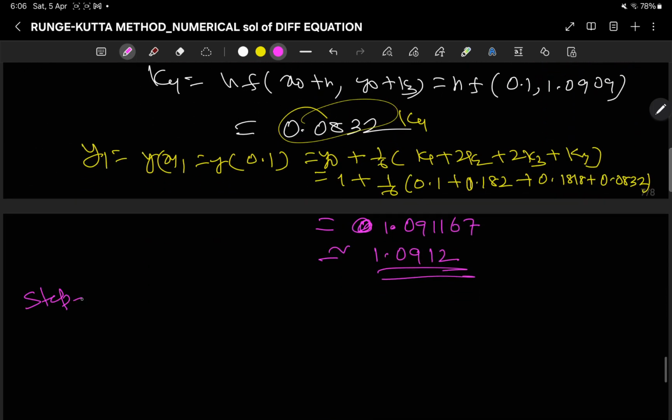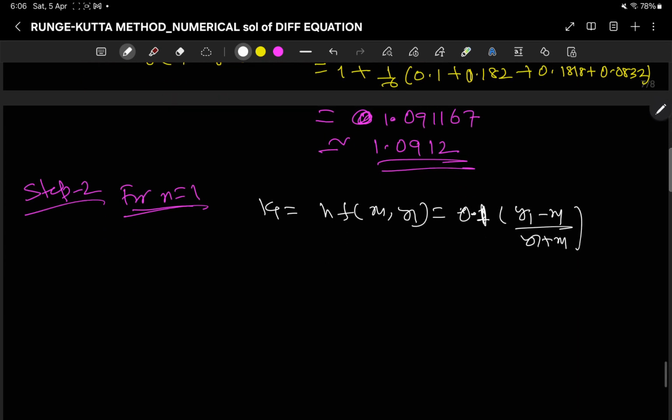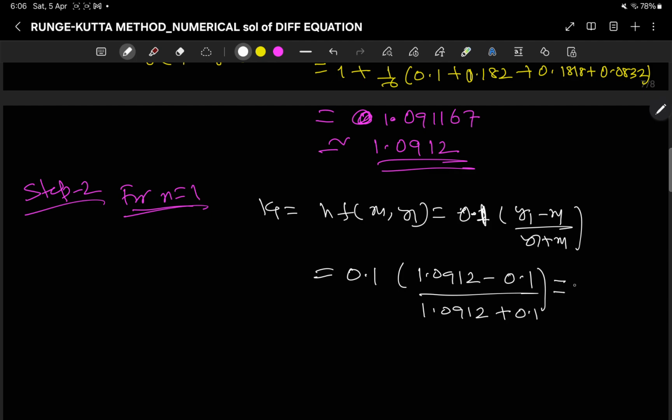Now coming to step 2, for n is equal to 1. Okay. What is your k1? k1 is h f(x1, y1). So this is equal to h, which is 0.1, into (y1 minus x1) by (y1 plus x1). If you substitute it, it is 0.1. Your y1 is 1.0912, minus x1 is 0.1, divided by 1.0912 plus 0.1. If you substitute it, the value of k1 will be